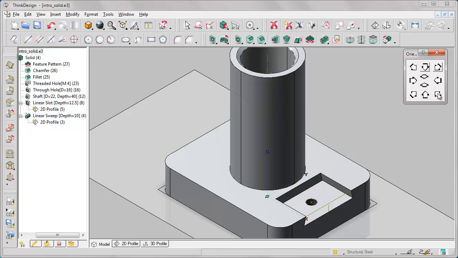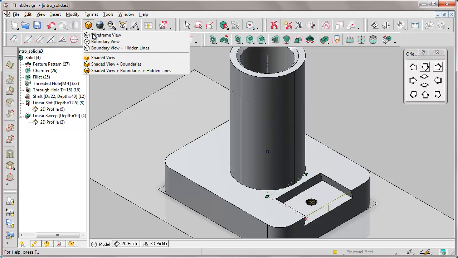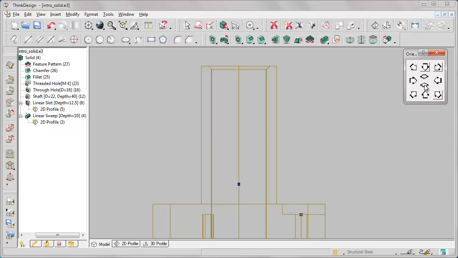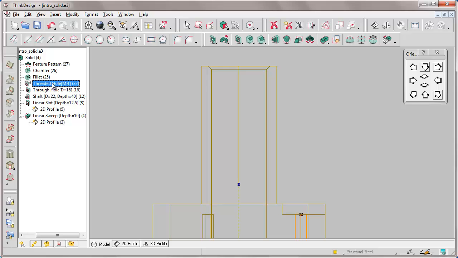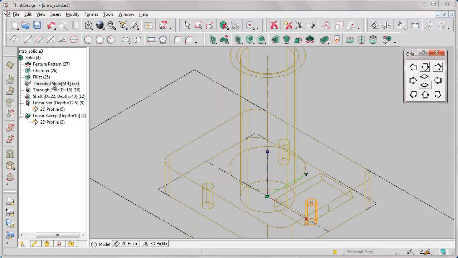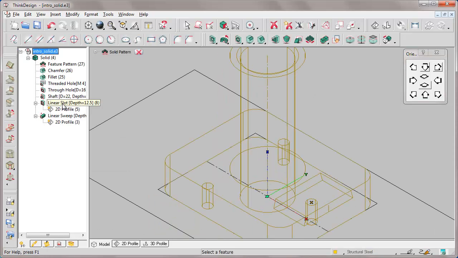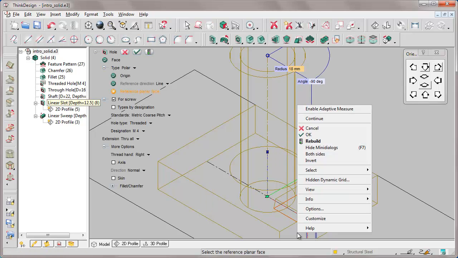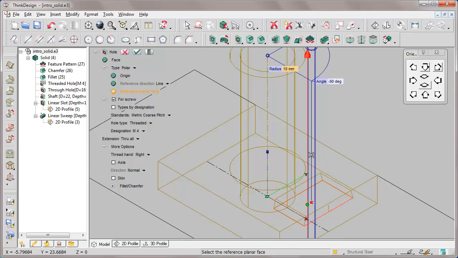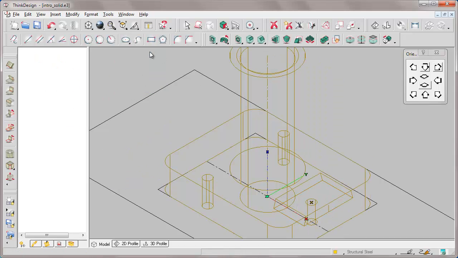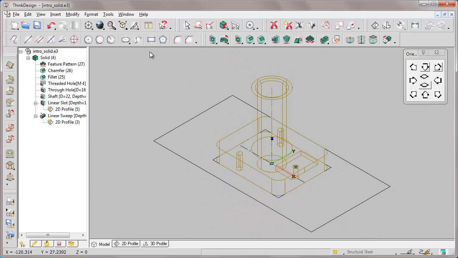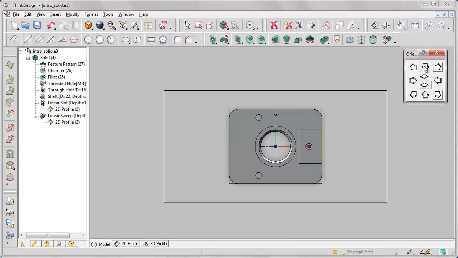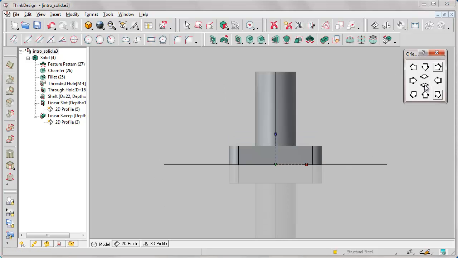However, we don't see the holes replayed. Let's view in wireframe. We see the holes, but they don't actually cross the whole bottom solid. If we redefine the original solid of the pattern, it's a hole, yes, a through one, but only in the bottom. Let's change the mode, so say for both directions, and we rebuild. Now, even the holes of the pattern cross the whole bottom solid. We can check by viewing in shaded mode.